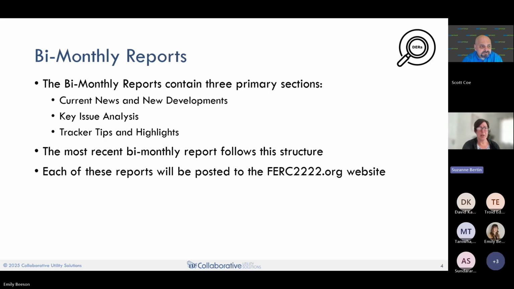We're working on bi-monthly reports that include current news and developments in the DER world. Then we dive into a specific issue in much greater detail. And then we try to include some kind of tip or instruction on how to use the 2222 tracker, which again is at the FERC2222.org website.